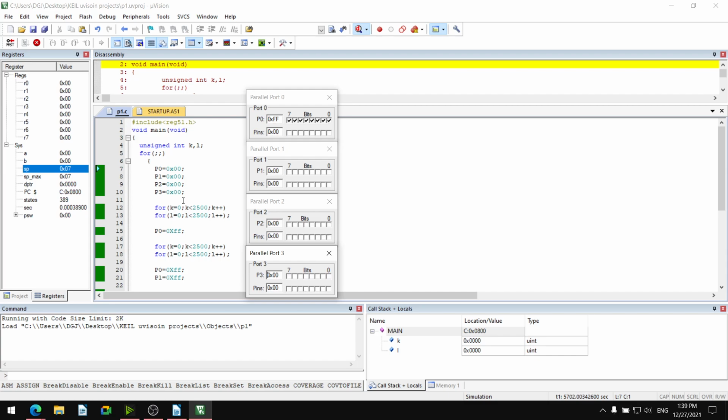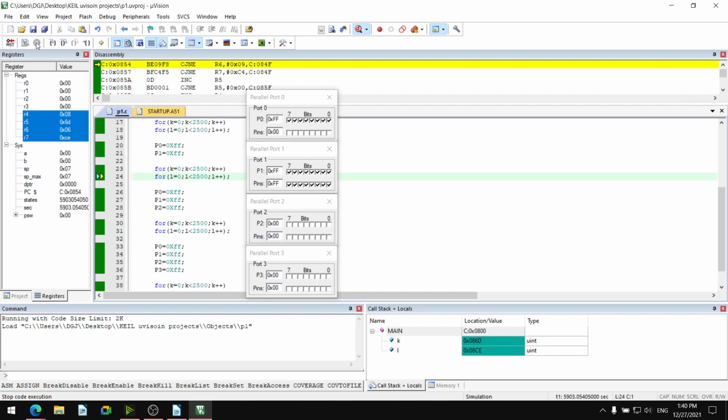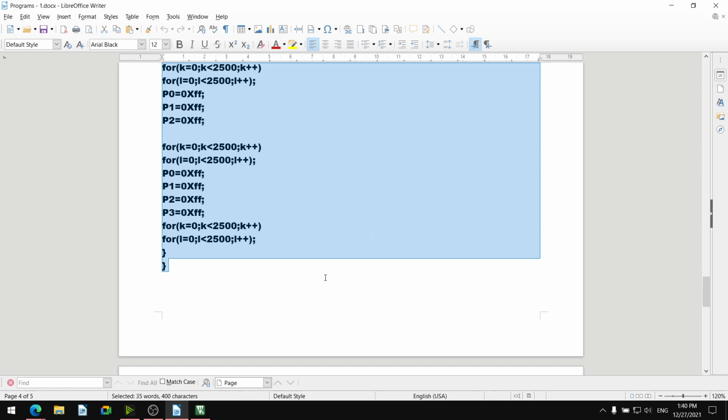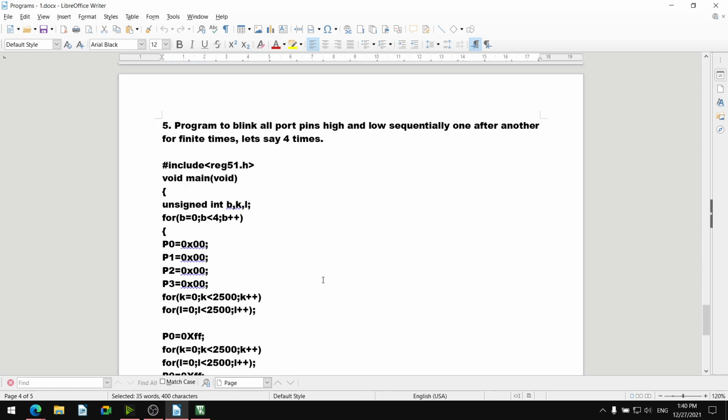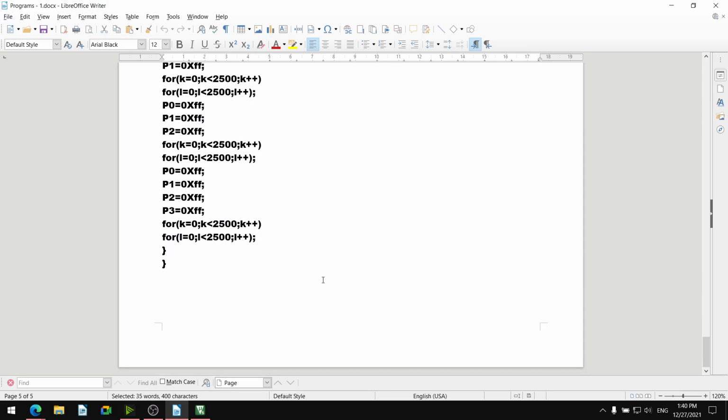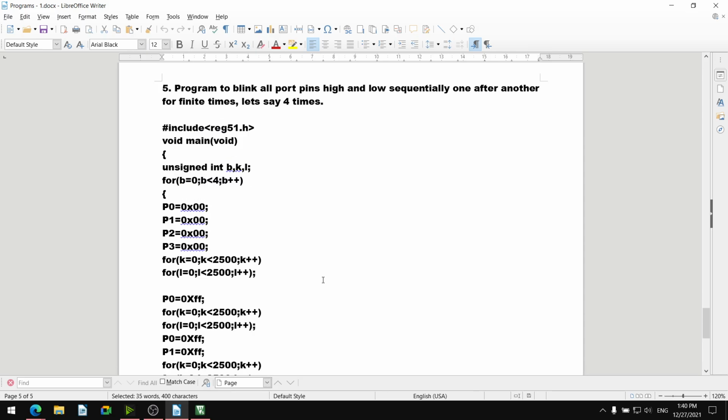Okay. So now I will stop this code execution, stop the debug session. And we'll go for the next code, which is running 4 times.